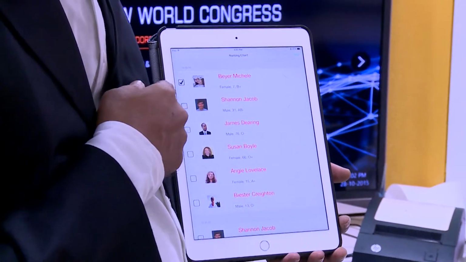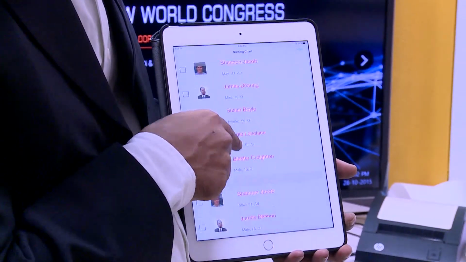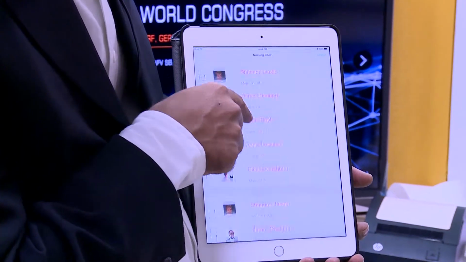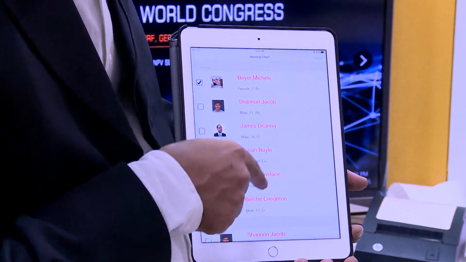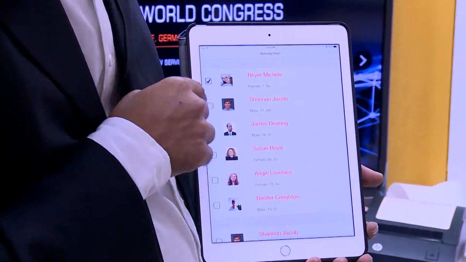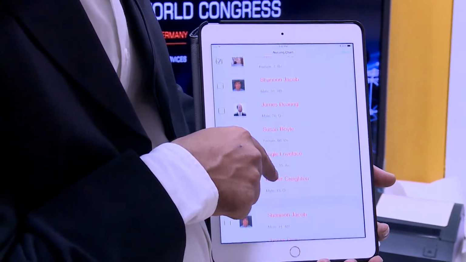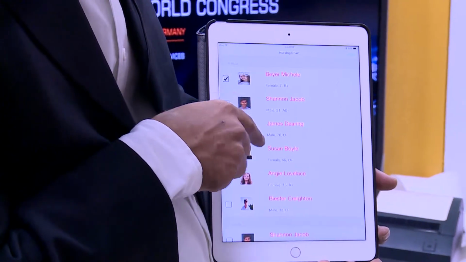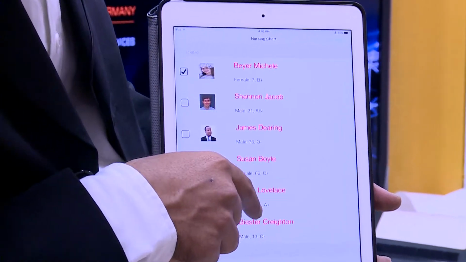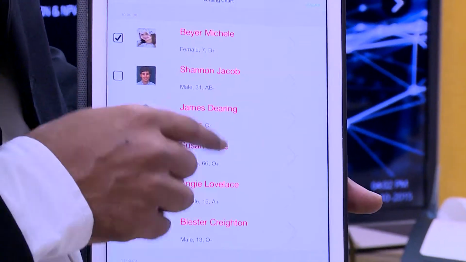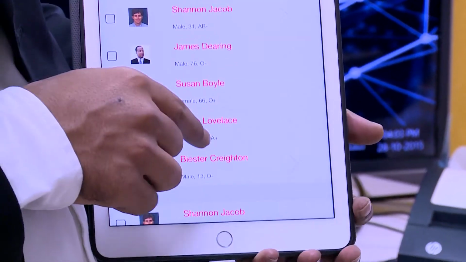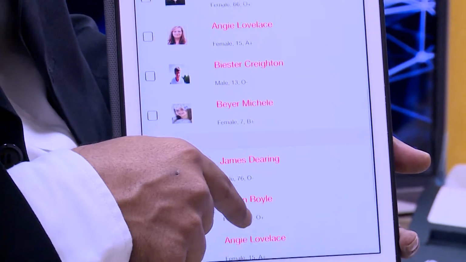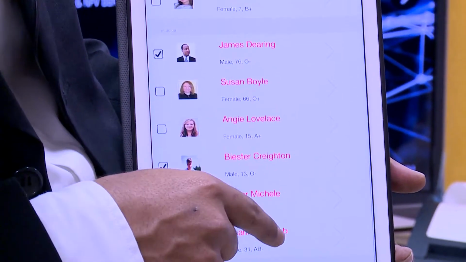So once the nurse logs in, she would see the list of patients which are available based on the timings. So the timing, for example, from 10 a.m. onwards, how many patients are there for her to attend to. The ones which are already ticked are the ones which have already been attended, which means some other nurse before this particular nurse has already attended this patient. Likewise, from 1300 hours or from 1600 hours.